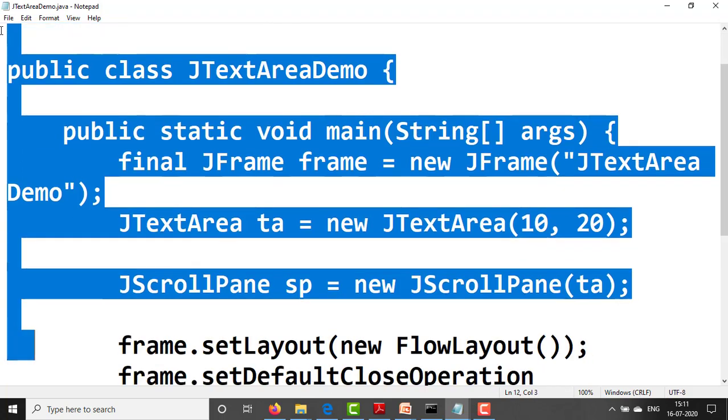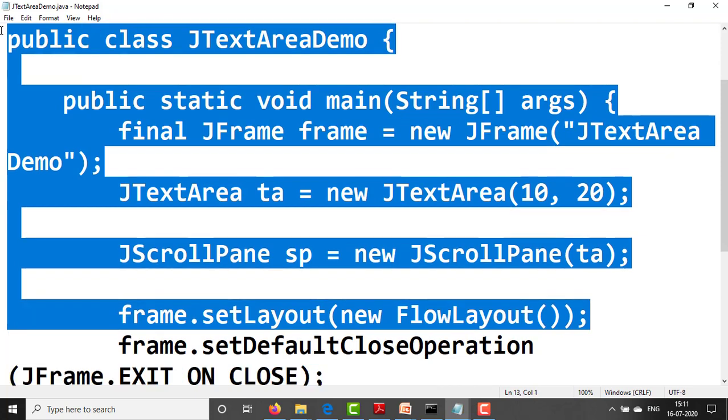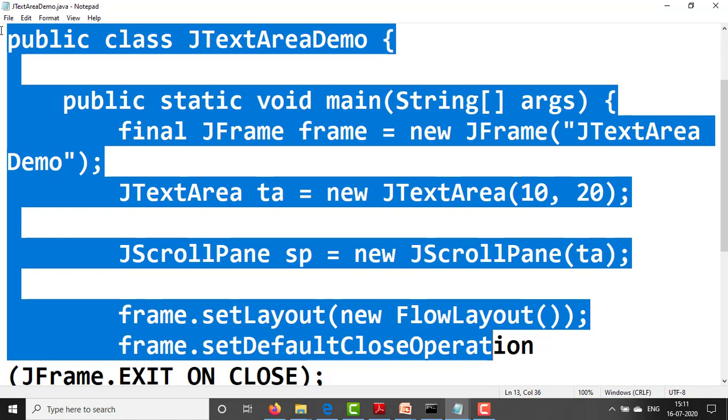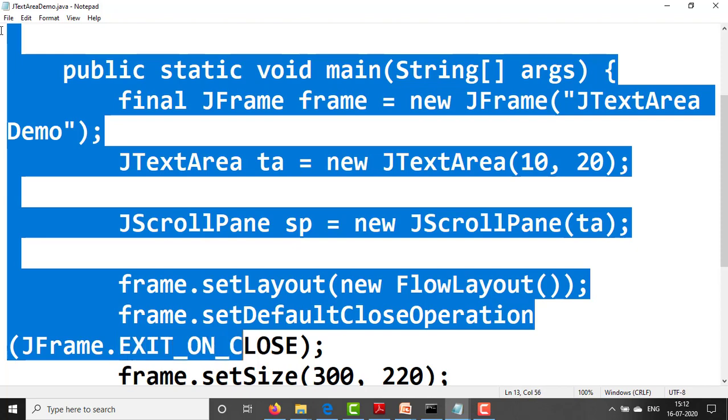Next, frame.setLayout, we are setting the layout for this frame, frame.setLayout(new FlowLayout()). Next, frame.setDefaultCloseOperation, this is one method which is used to close the frame. frame.setDefaultCloseOperation(JFrame.EXIT_ON_CLOSE). This we need to write in capital letters, this is the constant.